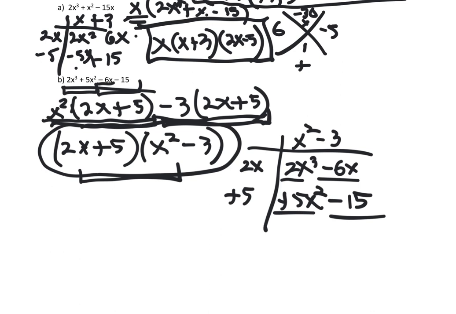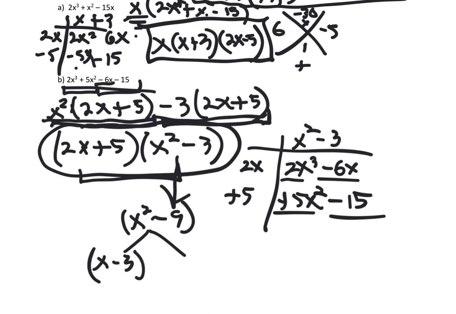You'll notice that x squared minus 3 cannot be further factored, but you have to be on the lookout for the possibility that, let's say, instead of x squared minus 3, you'd ended up with x squared minus 9. Then this is factorable because you have the difference of perfect squares: x minus 3 times x plus 3. And again, you can think of this